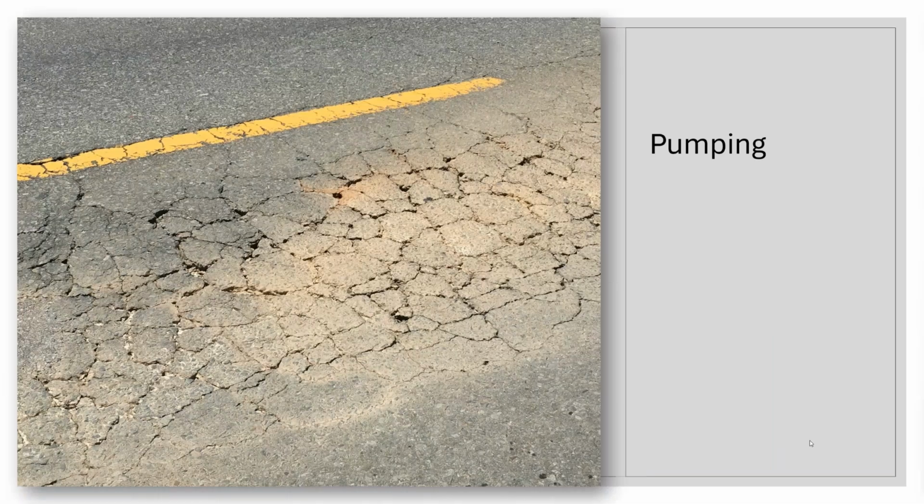Now, this is an example of pumping and what you might see. So part of this is figuring out what types of distresses are common in your area. What do you normally see? But this is a great example of how we had some original cracking, and then the cracks that were longitudinal and transverse ended up being interconnected. And then once you have little sections that break apart, they're not really attached to the rest of the pavement. So that's fatigue cracking. Multiple directions of cracking, interconnected cracks, and that separates portions of that pavement.